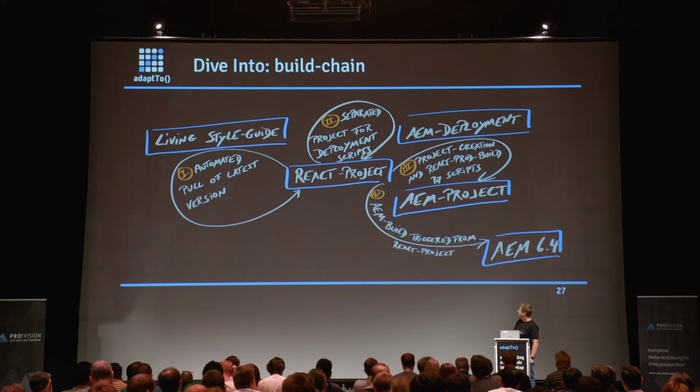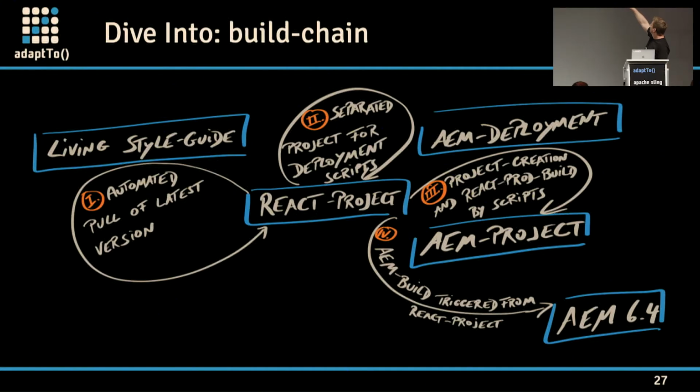The second part on top links to another project called aem-deployment at our side. This is just an outsourcing of scripts. Deployment scripts are written in their own project. So we just link to it with npm link and use those deployment scripts in order to